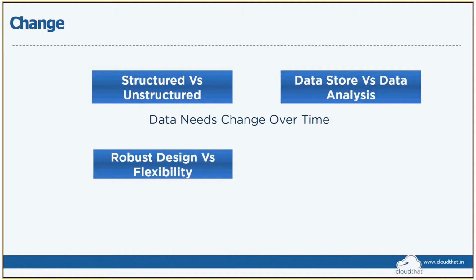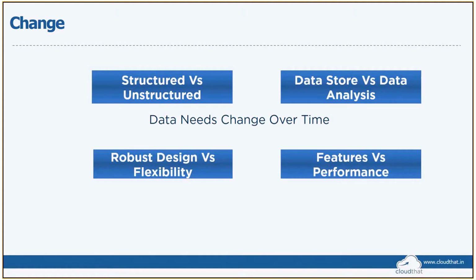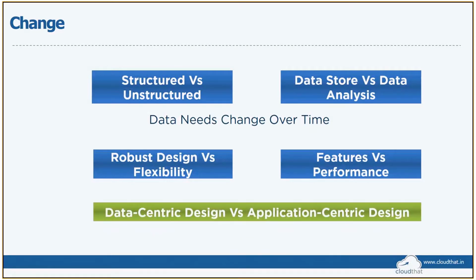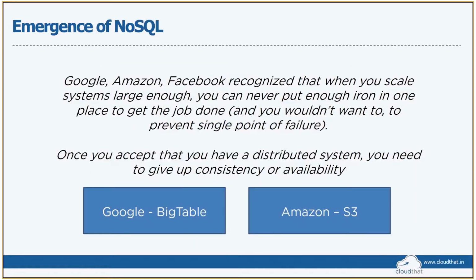And instead of features like having multiple transactions or being able to do a lot of join queries, performance was something that is needed at the moment, because availability is a very vital factor for social networking kind of applications. If you look at something like Twitter, which went down for almost a few hours yesterday or a couple of days back, in those scenarios we need to have performance as a very, very vital factor. And of course, instead of being a completely data-centric design, we also have to look at the application, which is actually the entity that is querying the database. So the design has to be more of an application-specific centric design.